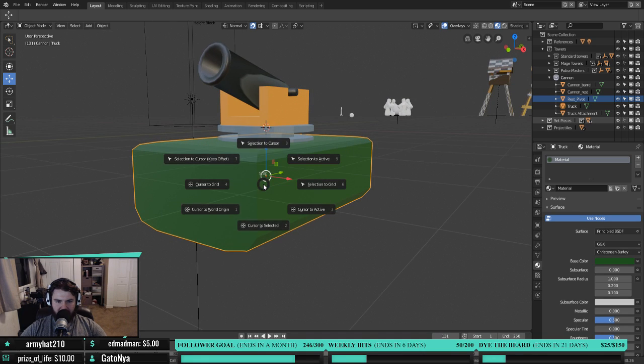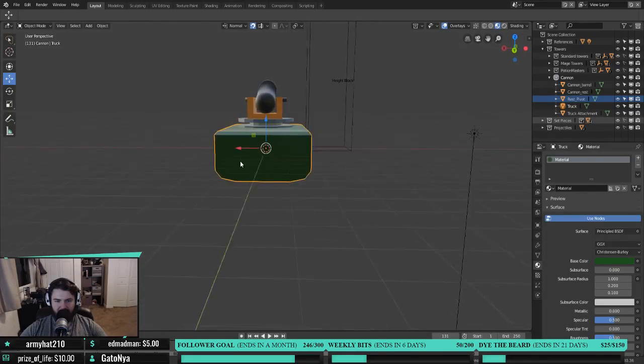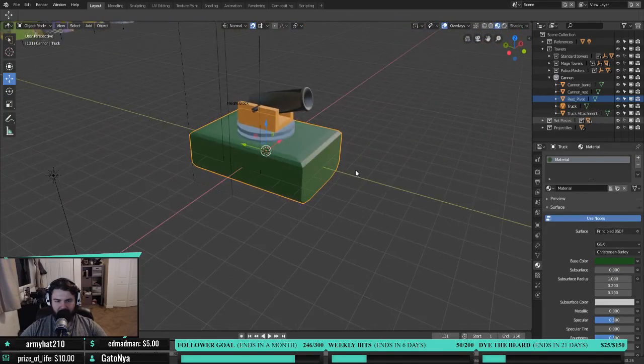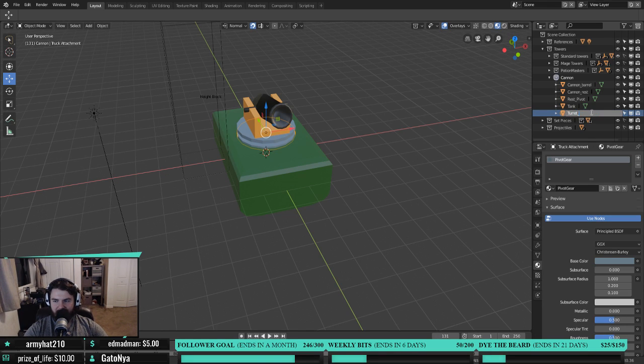And let's move the selection to the cursor. We have our tank here. It's going to be great. It's going to work just like we want it to, dang it. And that's good. So we'll rename this to, instead of truck, it's now a tank. And instead of truck attachment, this is turret attachment. Cool. All right. So with this done,